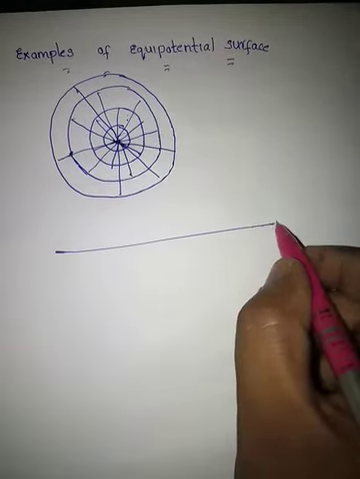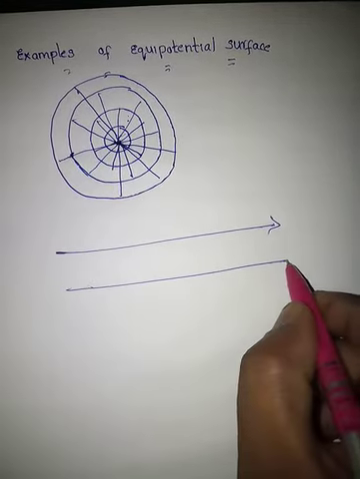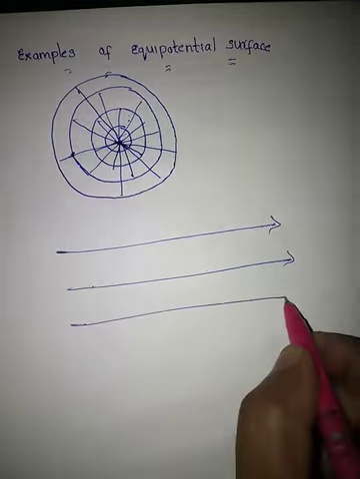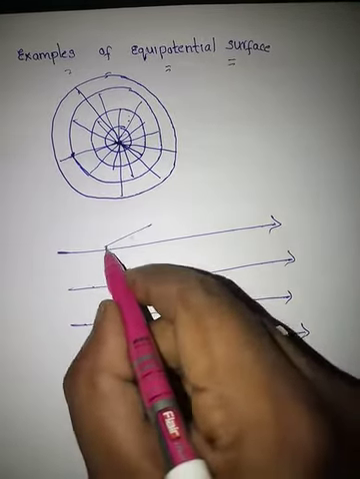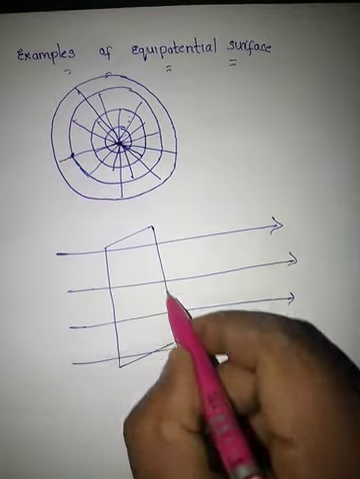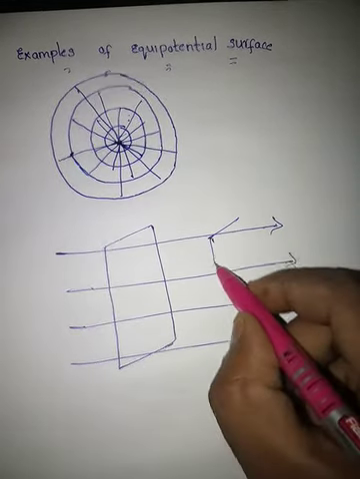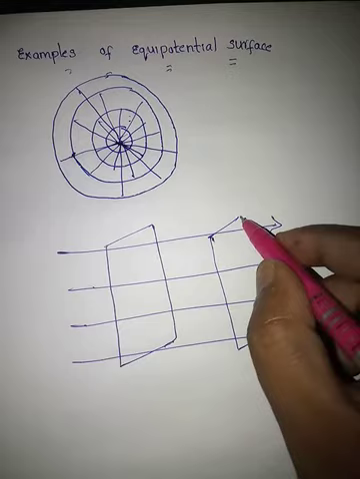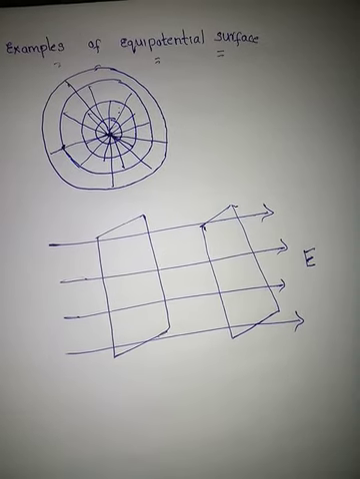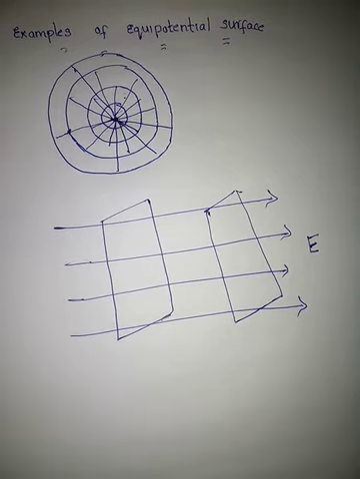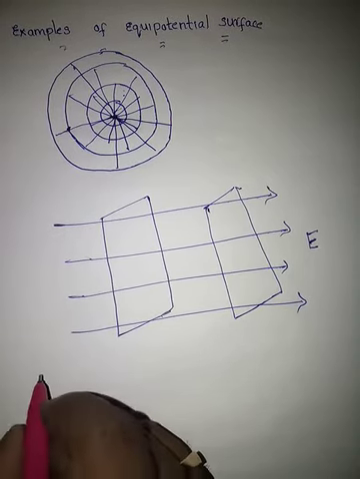Similarly for these lines, what happens? These planes are passing through this equipotential surface. This is the electric field. So these are the examples of what? Equipotential surfaces. The next important concept is